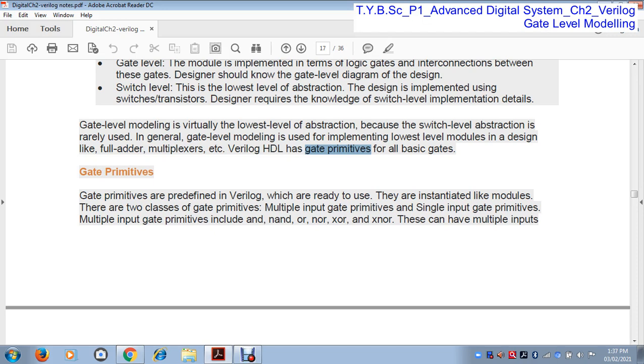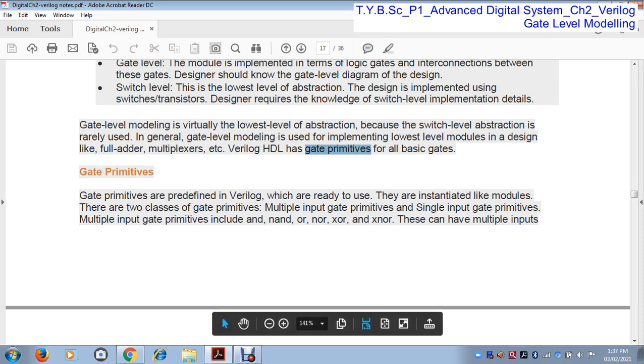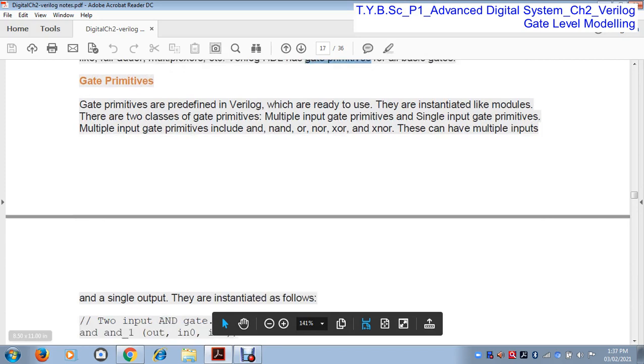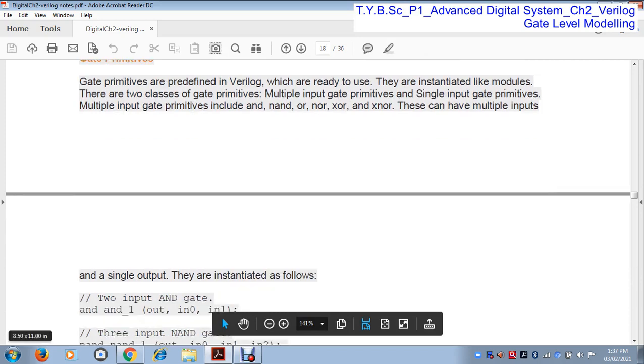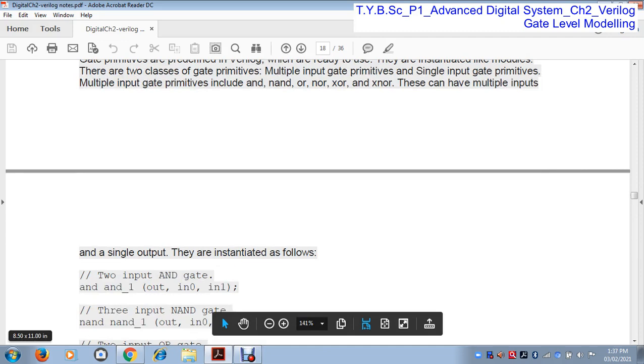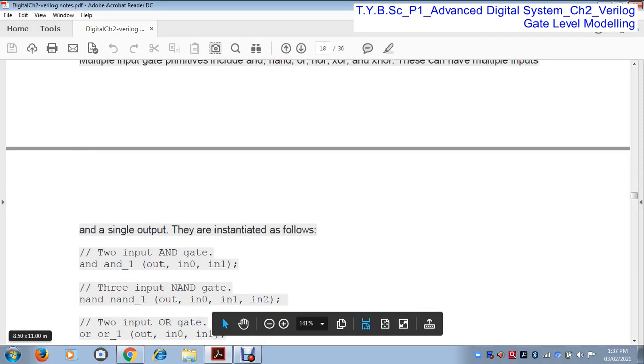Multiple input gate primitives include the AND gate, NAND gate, OR, NOR, XOR gate, and XNOR gate. These can have multiple inputs and a single output. So what are the gate primitives in Verilog?